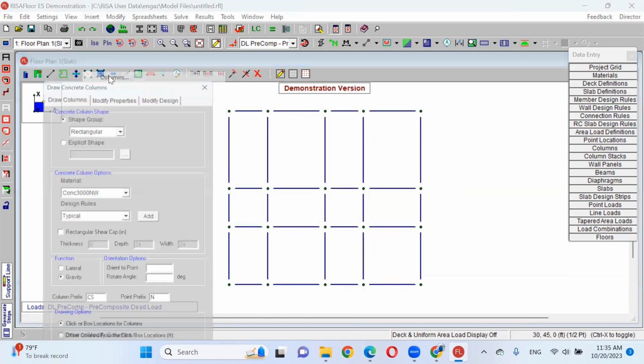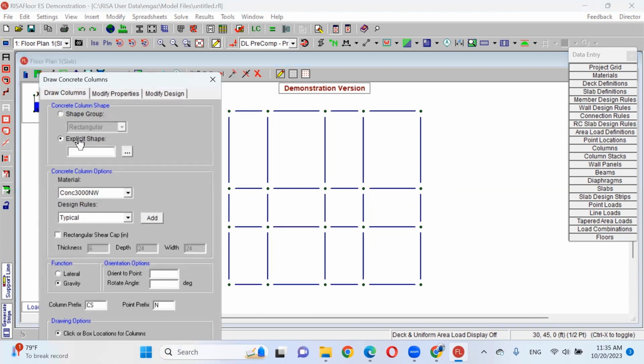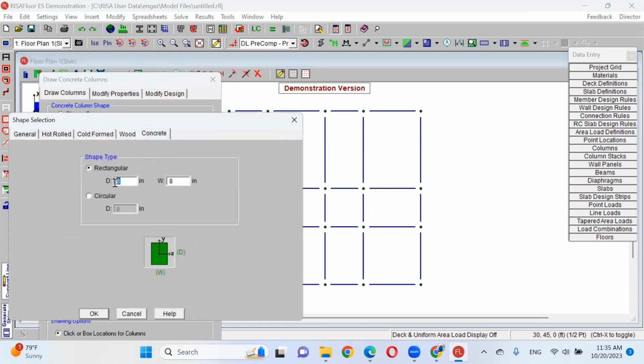Insert, we have columns. You will ask me, hey, I did not design my columns. We can assume them any dimensions right now. I'm not looking for exact design when you are doing analysis. Just assume any cross-section dimension. So assume we have 8 by 8, we have 10 by 10, we have 12 by 12, any dimension. That's fine, 12 by 12. I don't care about this dimension. I need only the reaction. So I don't care about the dimensions of the columns at this moment.